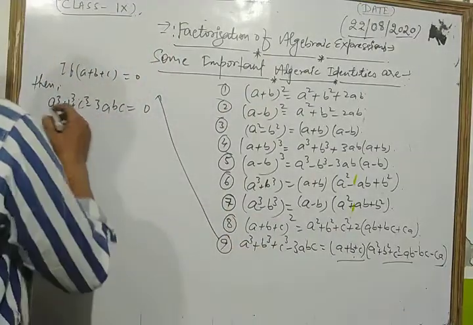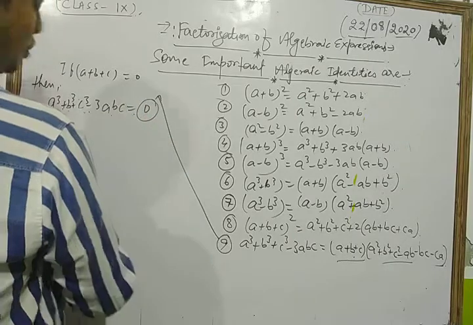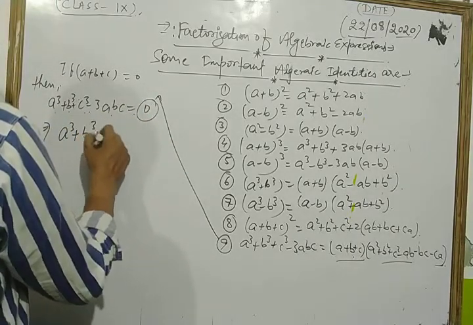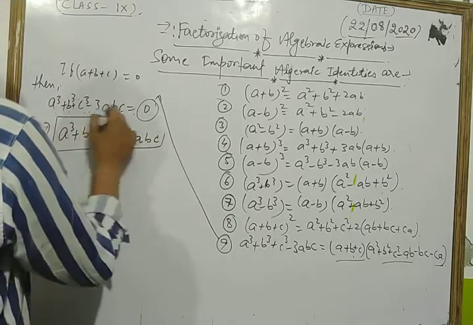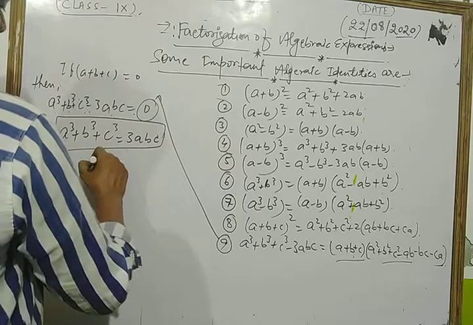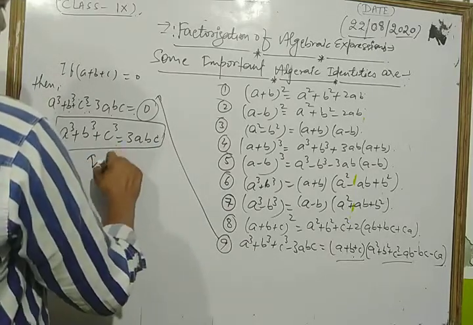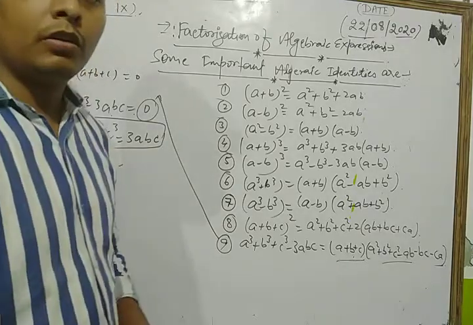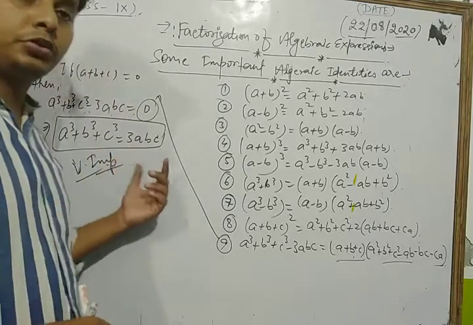So we get a cube plus b cube plus c cube minus 3abc is equal to 0. Now we have a cube plus b cube plus c cube is equal to 3abc. This is one of the most important results, as you know, as an identity. This is a very important result, and we solve so many questions based on